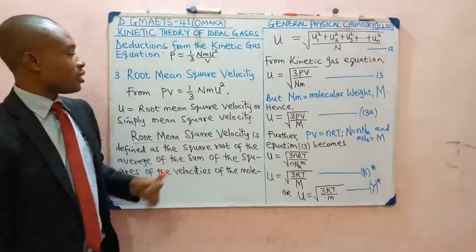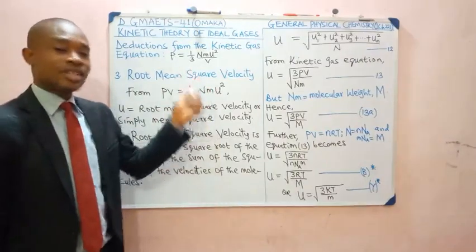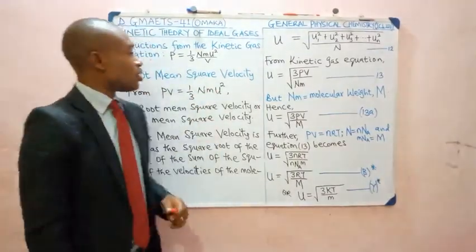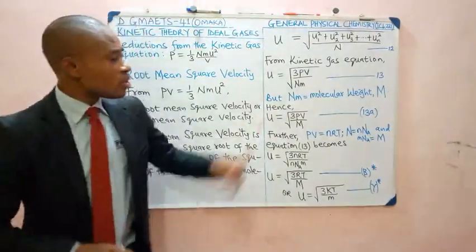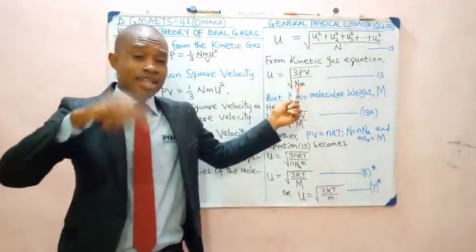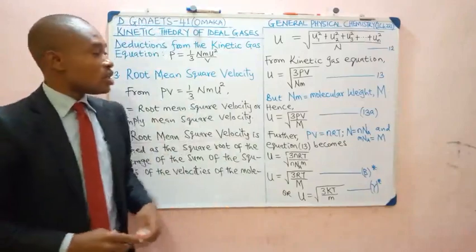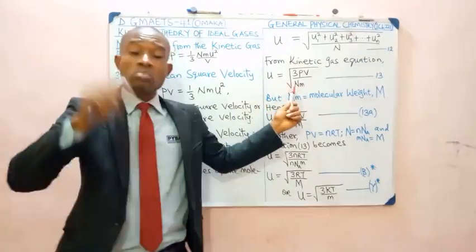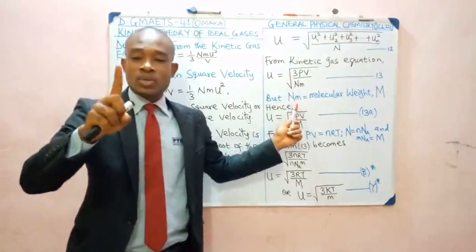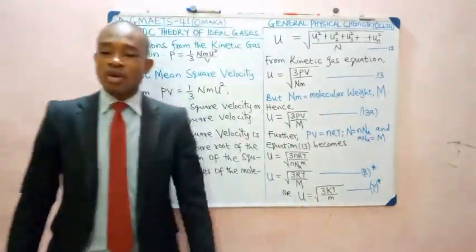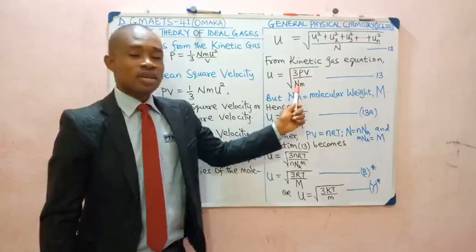If you're to do that, it's going to be PV times 3, divided through by Nm, and then take the square root to make u the subject of the formula. If you do that, this is what you're going to get, equation 13. Capital letter N is the total number of molecules, as we defined when deriving this kinetic gas equation. The total number of molecules multiplied by the mass of one molecule gives us the molecular weight of the gas, which means equation 13 can be written as the square root of 3PV over